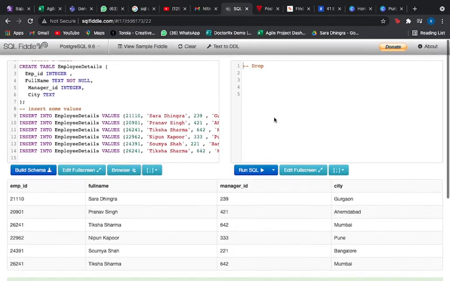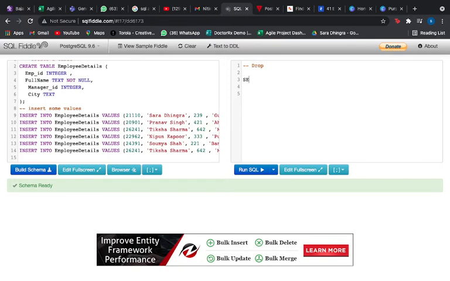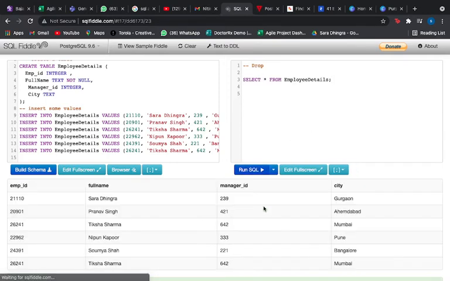Okay, so I'll just build this again. We have our employee details table. Alright, so the drop command is a bit dangerous to use actually, because once done you can't get it back.